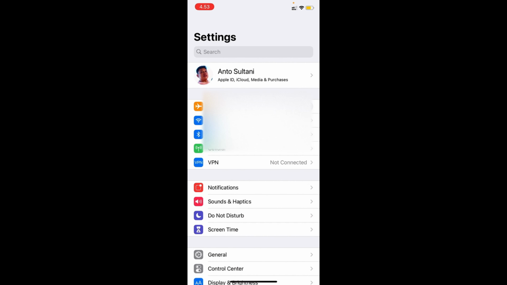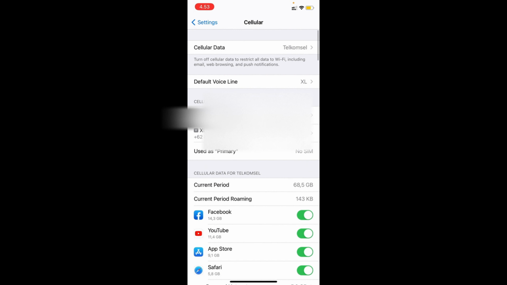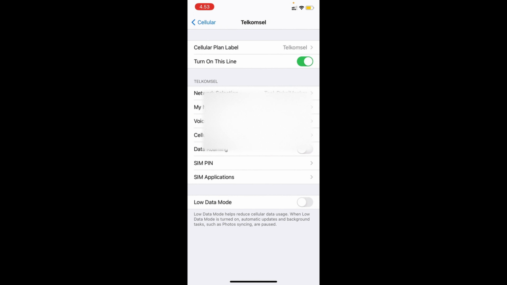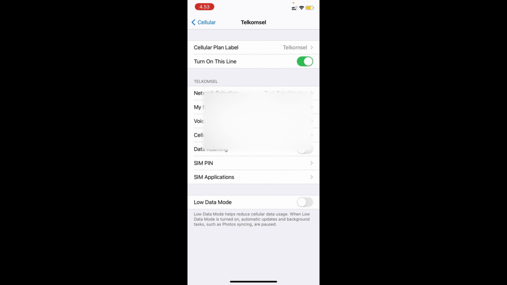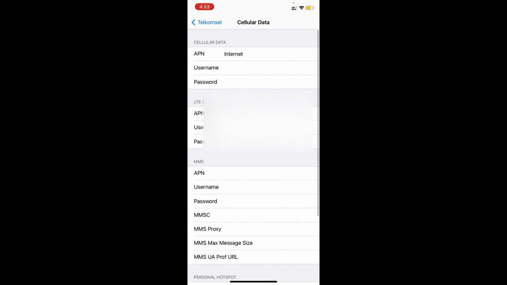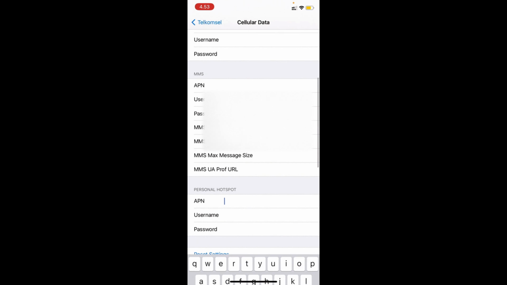First, you have to go to cellular, and then in here I use two SIM cards, but you choose one of them. So me, I use Telkomsel, and you go to the cellular data network, you scroll it down, and then here